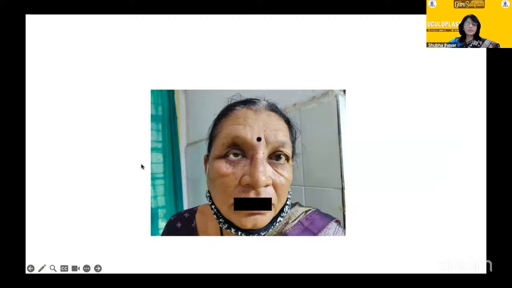So now this lady comes to you. So we are evaluating the patient with the prosthesis. You can see a very deep or sunken superior sulcus over here. Now this was a lady with choroidal melanoma of the orbit, for which she was enucleated, and the socket was irradiated. That's why she has a very